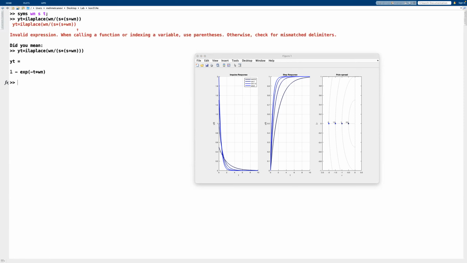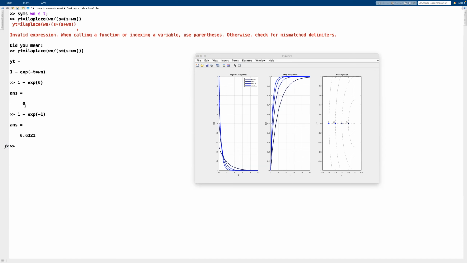And this is the mathematical expression of our step response. What we can do is examine the exponential function here a little bit more. Let me assume that,